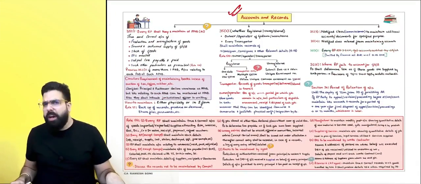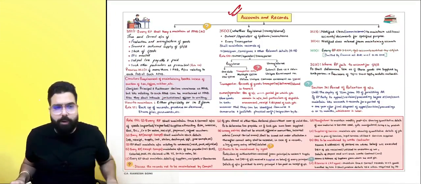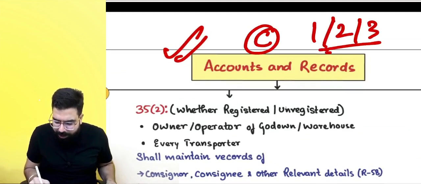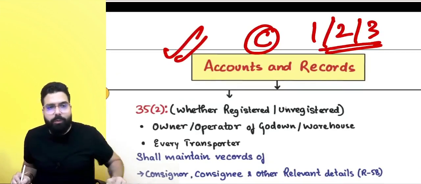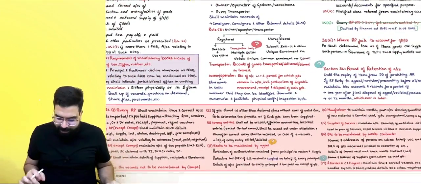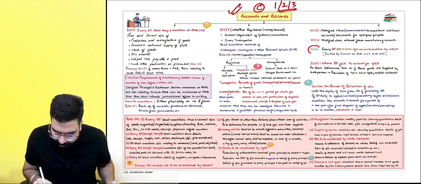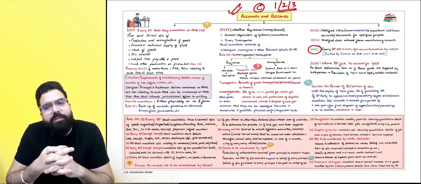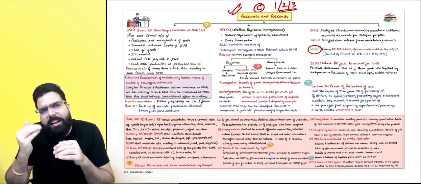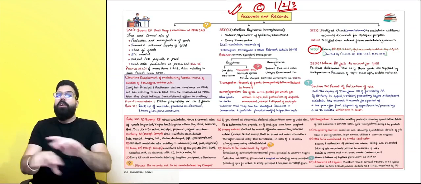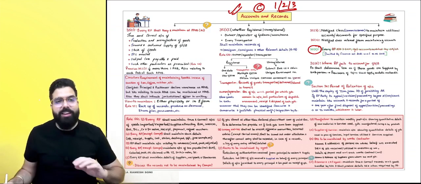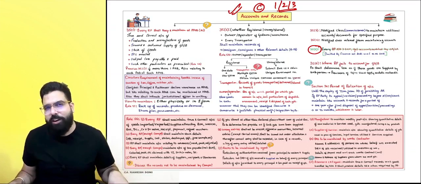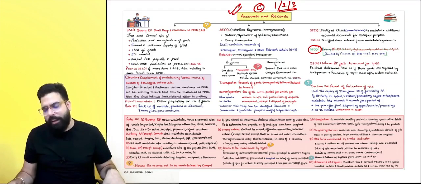Accounts and records. Sir, what kind of a chapter is it? Always remember, everyone, it is a C graded chapter. 1 mark or 2 mark or 3 mark is the maximum expectation. Is there an amendment? Yes, sir, Baba, there is a small amendment in section 35.5, which was telling that a person should get audit done from a chartered accountant or a cost accountant. That has been done away with. Now there is no requirement to get audit from a chartered accountant or a cost accountant, even if your aggregate turnover is crossing 2 crore rupees.